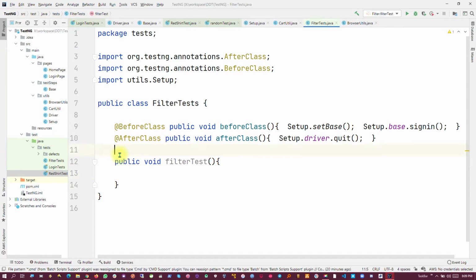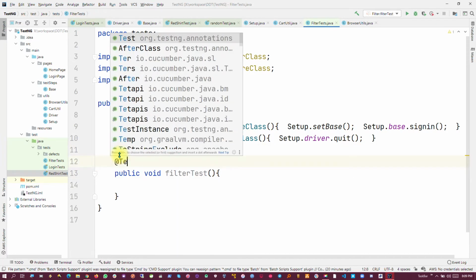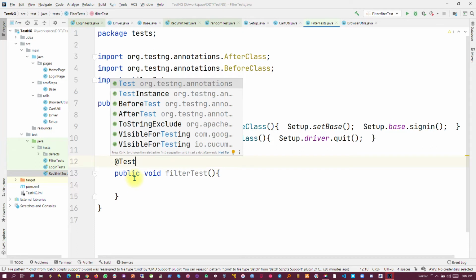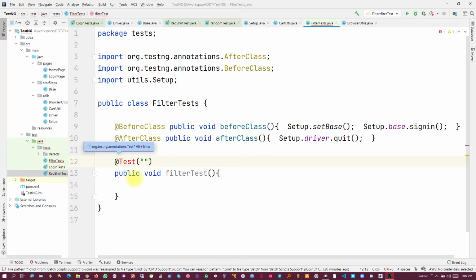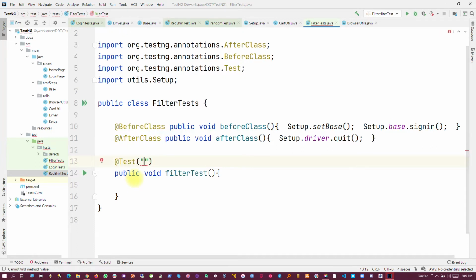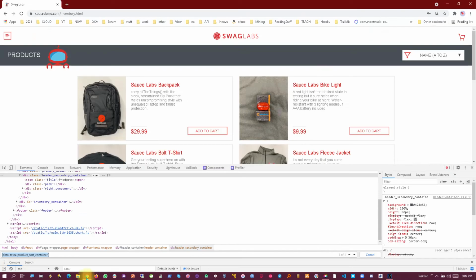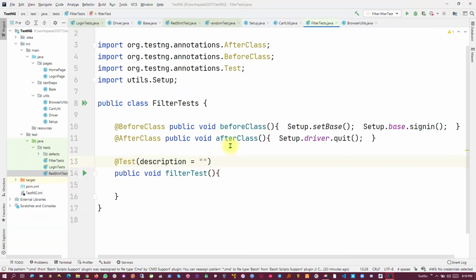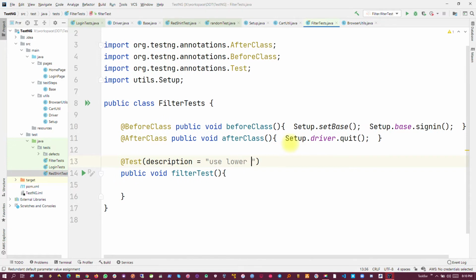And let's add our annotation. That's going to be a rather short one. And let's add a description. Now here, if you look at right here, we have A to Z, Z to A, low to high, high to low. So let's write them down and say use lowercase